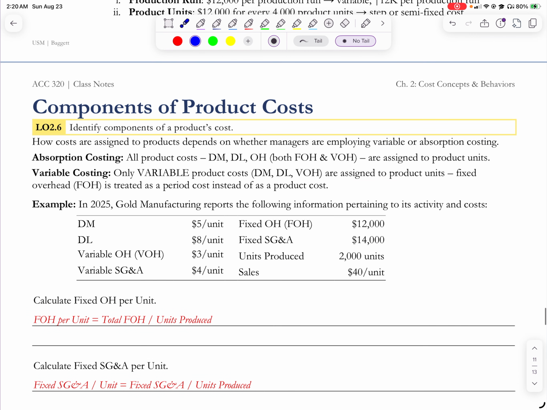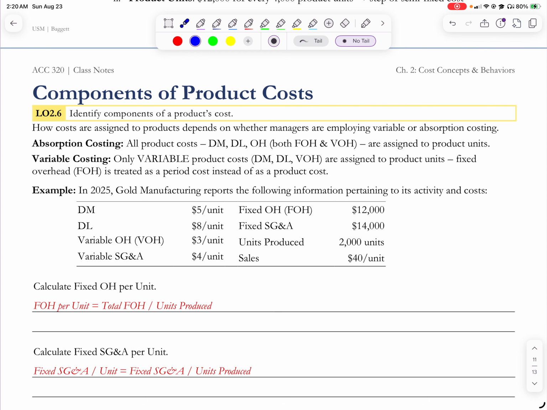Okay. So let's do some calculations that factor in cost behaviors. How costs are assigned to products depends on the costing methods that managers are employing, either variable or absorption. Absorption is what is used